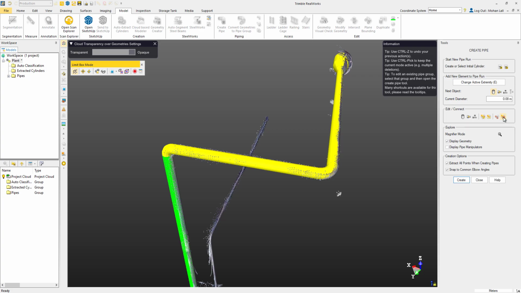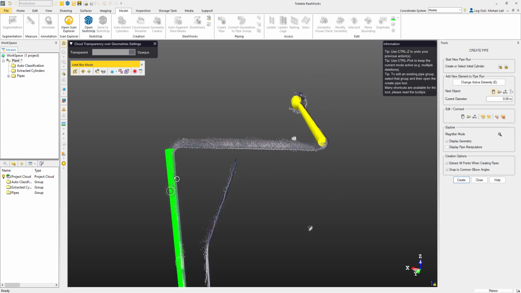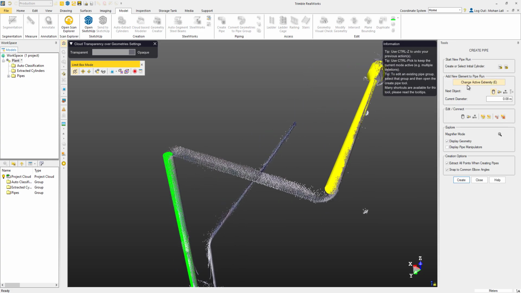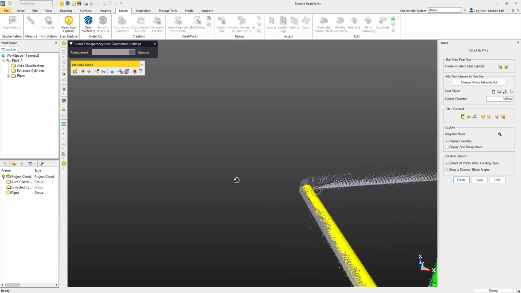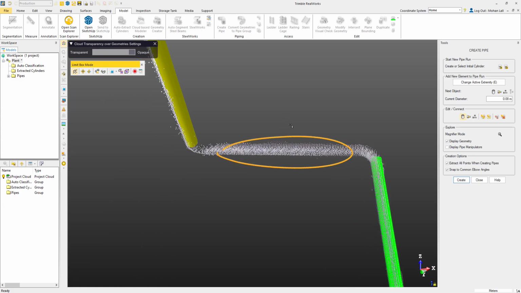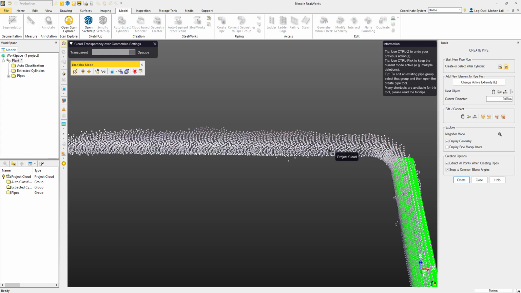Again, keep in mind that pipes can only be connected if they have intersecting axes. We wouldn't be able to connect these two pipes together. Instead, we would have to create a section in between. We can either extend from one side, or we can create a new segment by choosing two new points. Let's just extend this from one side, and then we can connect it to the other.